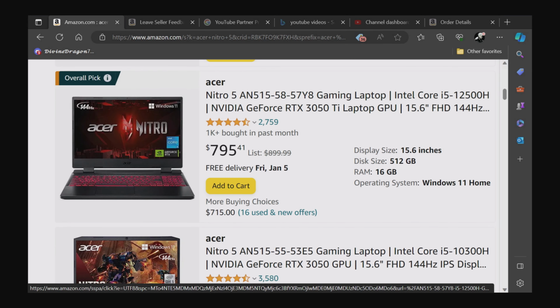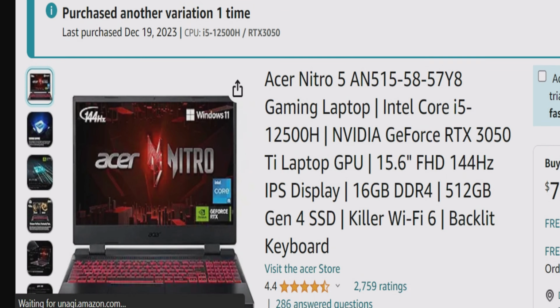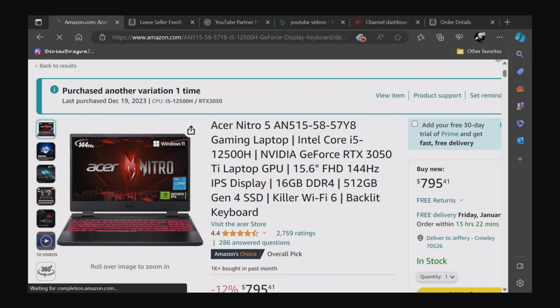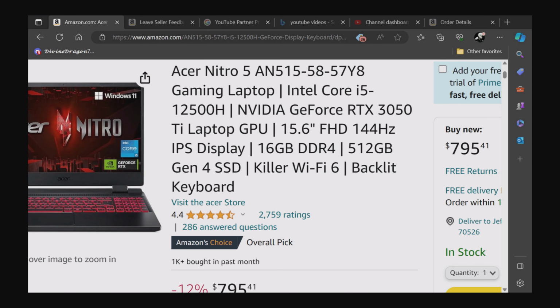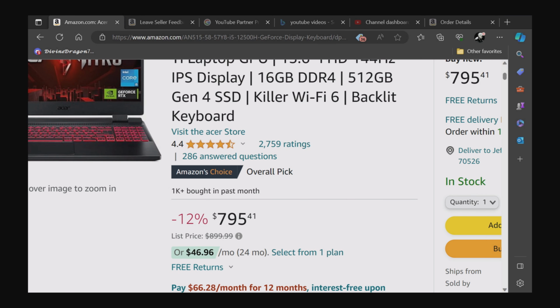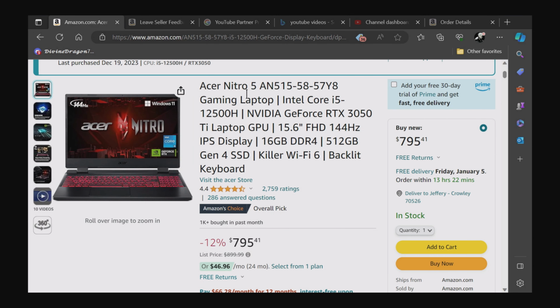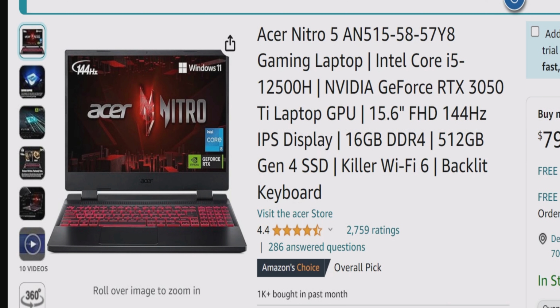There's a lot of Acer Nitros up here, bro. Oh, these are the custom made ones, pretty much. This one has a 16 gigabyte DDR4, but they're trying to make you pay $800 for it. That's garbage. This is literally the same thing I have, just 16 gigabytes of RAM, since mine has 8 gigabytes. They didn't even throw in a 32, bro. They're bogus for that. But yeah, it was a now or never situation